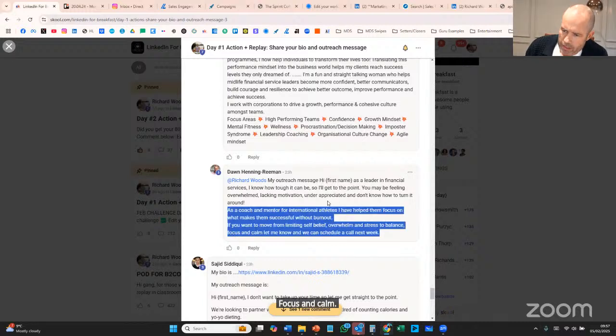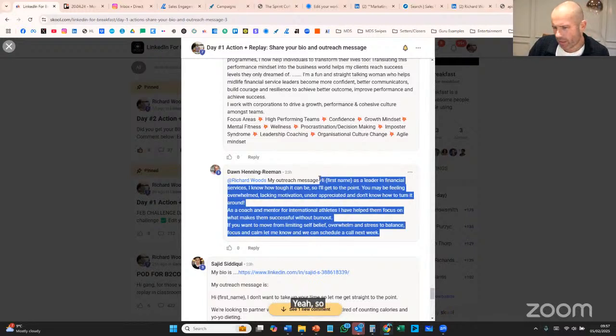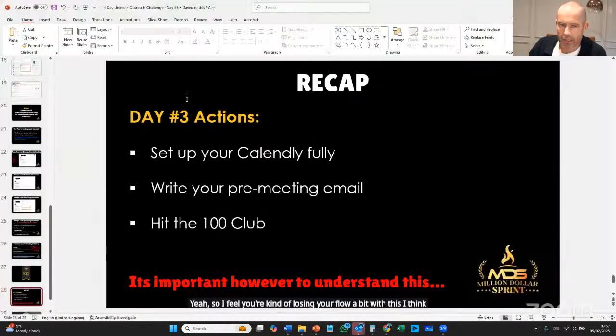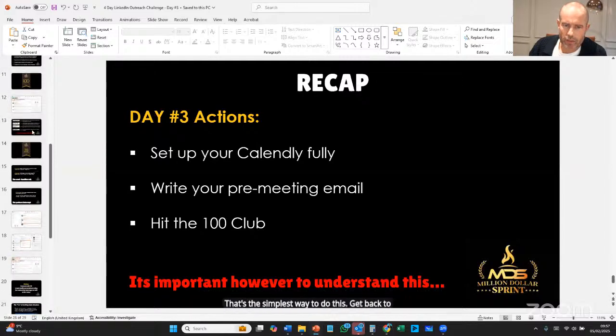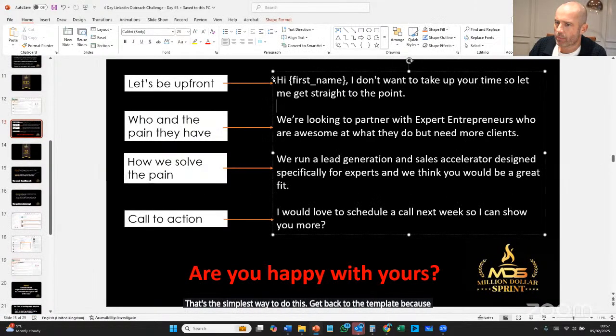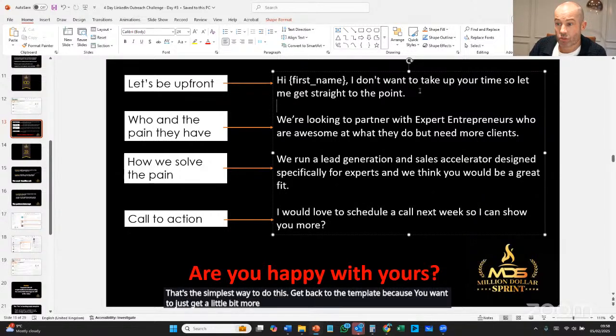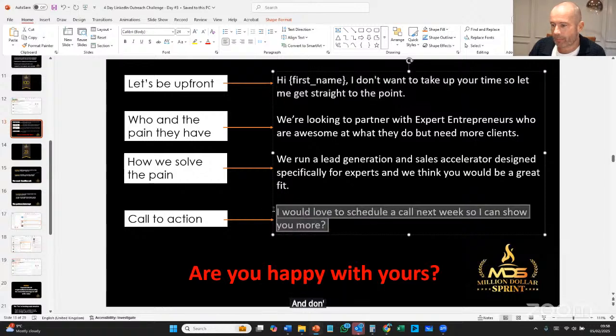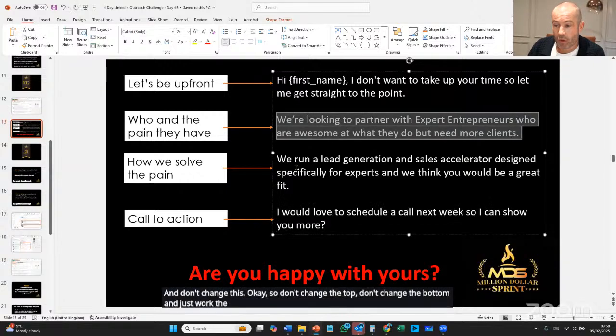Yeah, so I feel you're kind of losing your flow a bit with this. I think you've got to get back to the template. That's the simplest way to do this. Just use this sentence. Don't change that, and don't change this. So don't change the top, don't change the bottom, and just work the middle.